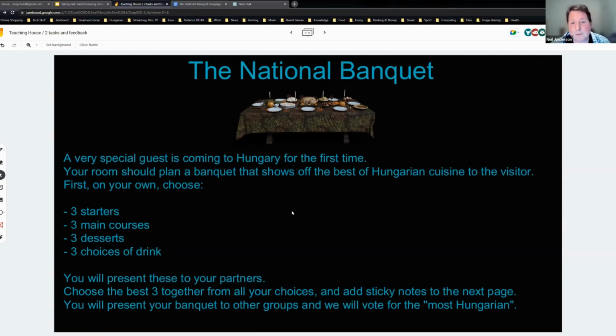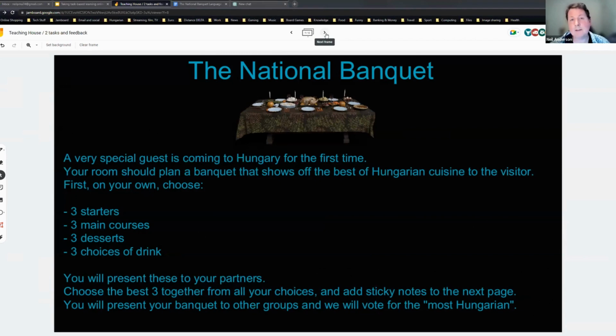And the main task itself, they're going to get into groups, present their ideas for their feast, their banquet to their partners. And then, if they're in groups of 3, they'll have potentially 9 starters, 9 main courses, 9 desserts, and they have to negotiate, agree together, okay, what is going to be the finest banquet we can present to this visitor to our country? You know, what is going to be the most Hungarian banquet in this case? And it works in a wonderful way for multilingual classes too, when they're shared, because there's an information gap there too, where they're sharing different dishes with each other and then agreeing what to add and what not to.